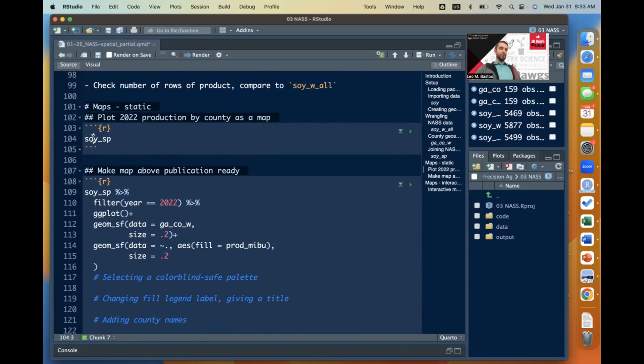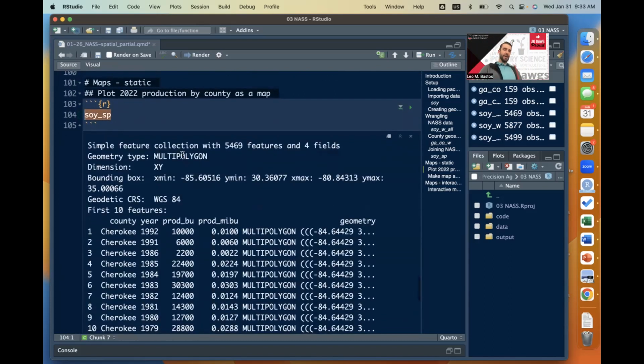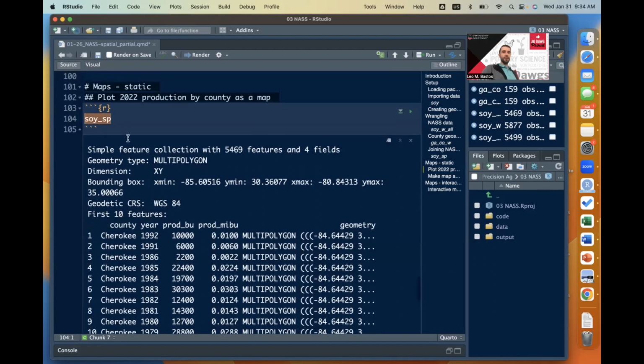Just to refresh your heads, soy SP has over 5,000 rows where we have multiple counties. If a county reported data, that county is present in that given year, and then we have this across time, right? So if I do want to plot the 2022 production only,